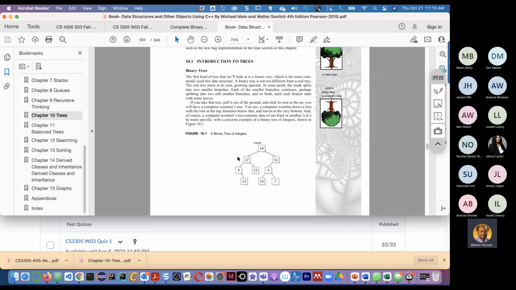There are different kinds of binary trees. We will move towards those. These are nodes. A node that does not have any more child nodes is called a leaf node.